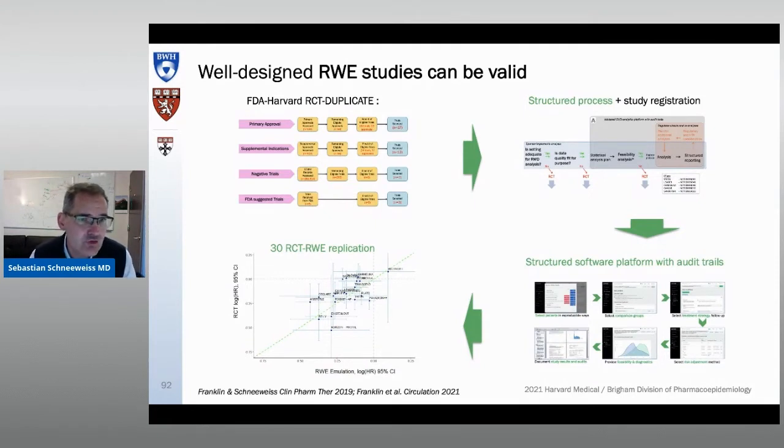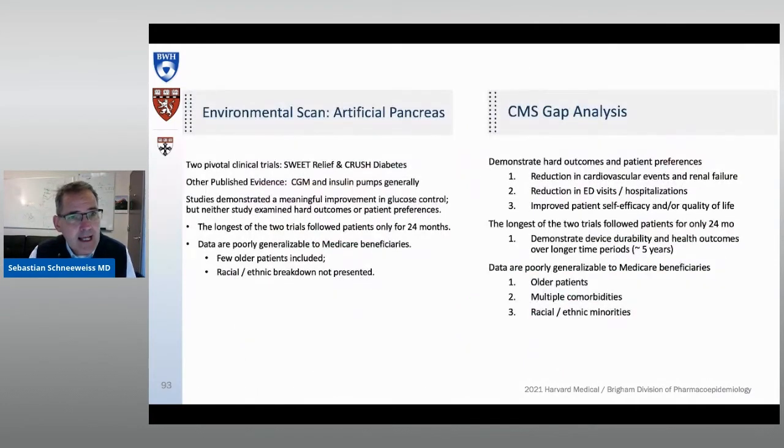And then that leads to graphics like the one you see in the lower left corner, where we see how well we are doing. The bottom line is we're doing quite well if the data are detailed enough and complete enough. Next slide, please. This is what we learned from Steve Farmer. The gap analysis is critical here. The interest is very much in hard clinical endpoints, long-term endpoints, in some important subgroups.